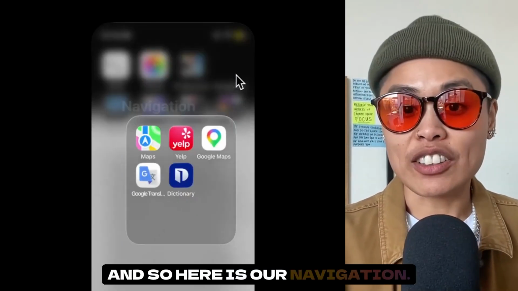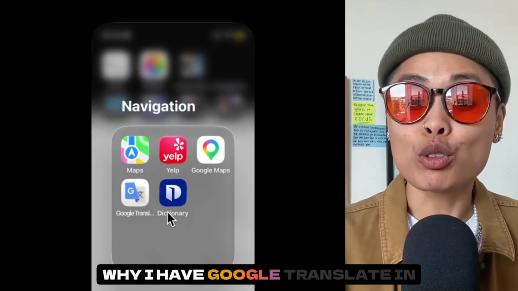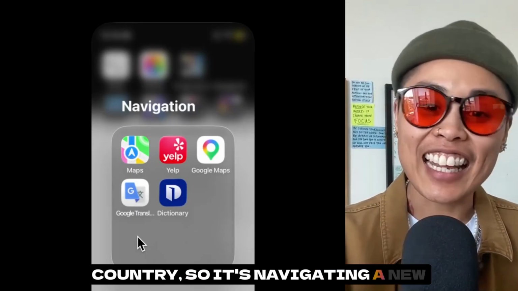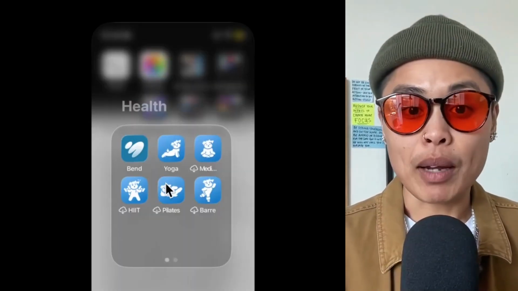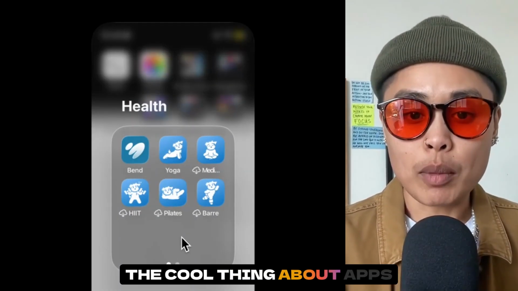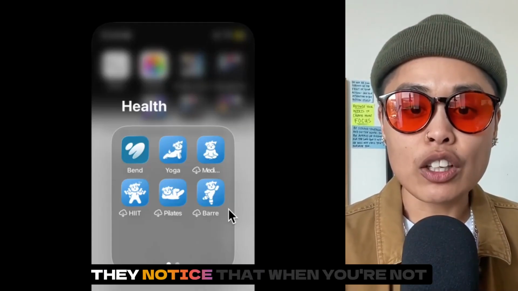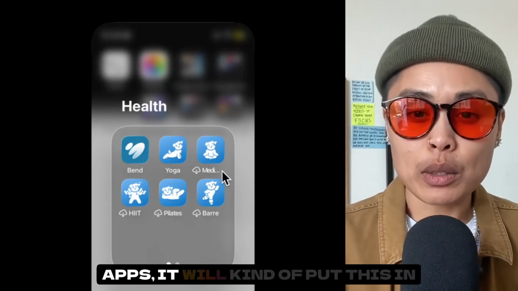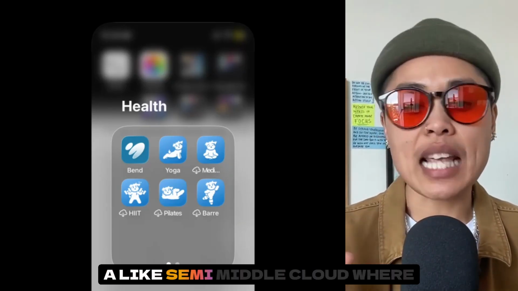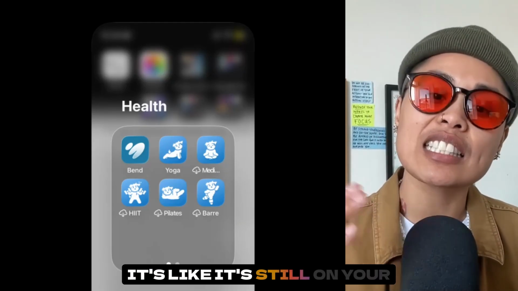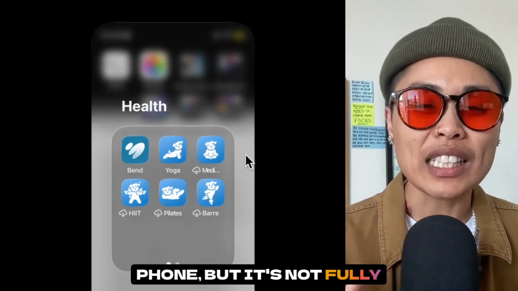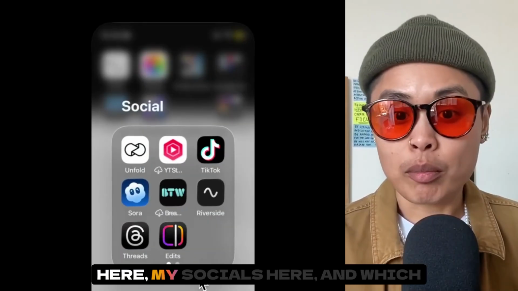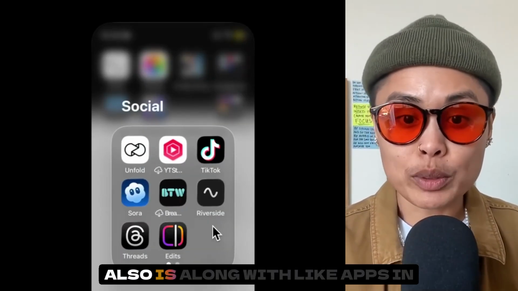And so here is our navigation. Why I have Google Translate in here is because I'm in a new country, so it's navigating a new language. Here are my health apps. The cool thing about apps nowadays is that they notice when you're not using an app as much as other apps, and it will put it in a semi middle cloud where it's still on your phone, but it's not fully downloaded onto your phone. So then I have my business stuff here, my socials here,